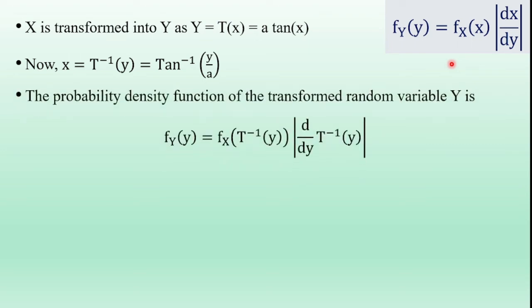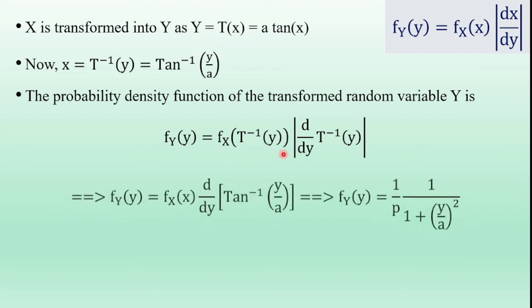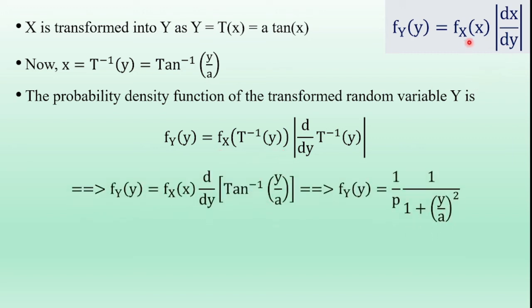Using that expression, the probability density function of the transformed random variable Y is f_Y(y) is equal to f_X(x), which is 1 by π, already calculated, times d by dy of x. Now here X is tan inverse of y by a, so d by dy of tan inverse of y by a. f_X(x) is 1 by π. The derivative of tan inverse of y by a is 1 divided by 1 plus (y by a) whole